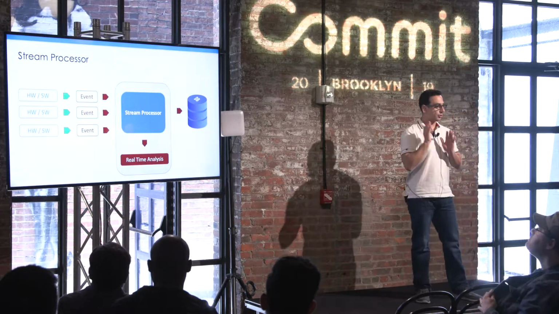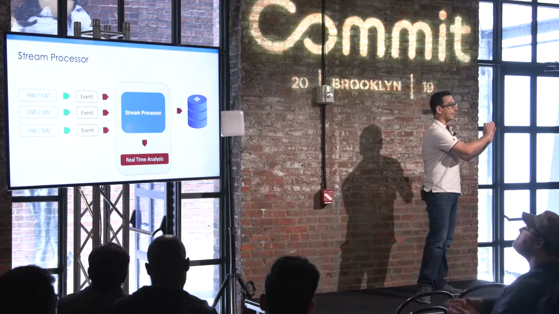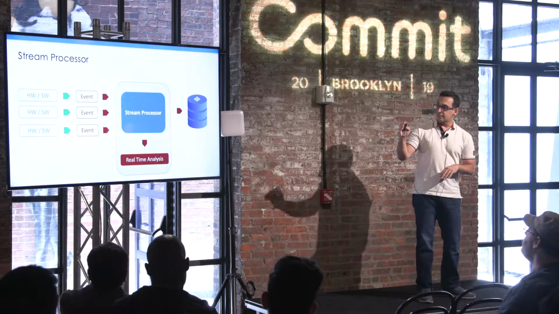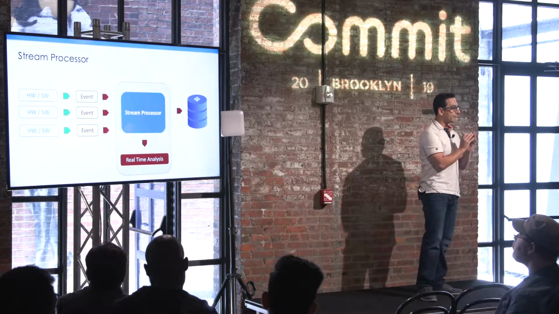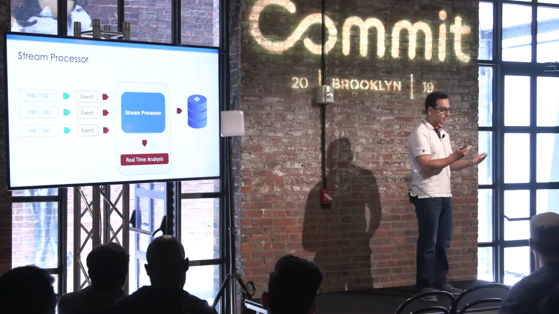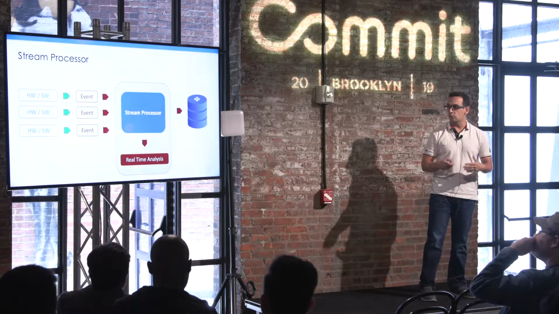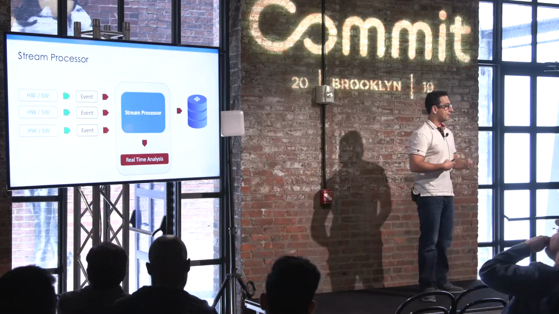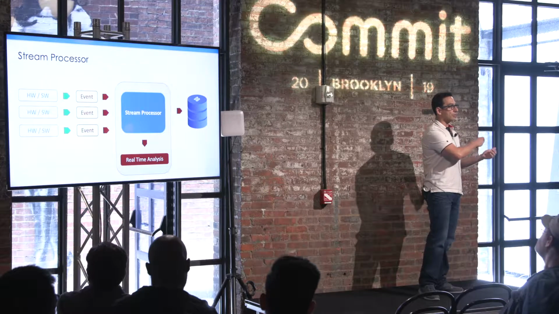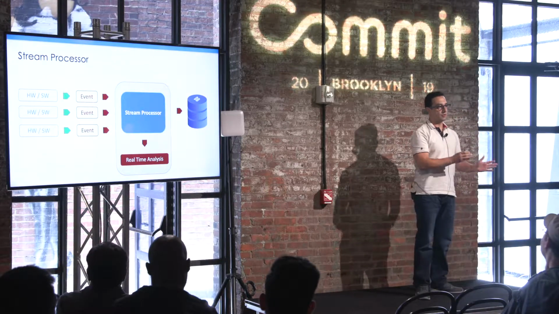You have your application that is generating data. Then you have these events that are facing a stream processor. It can be Kafka with KSQL, it could be Apache Spark or Flink or any kind of solution that is on the market. You generate your own real-time analysis results, and then your data is also being flushed to the database for long-term storage.